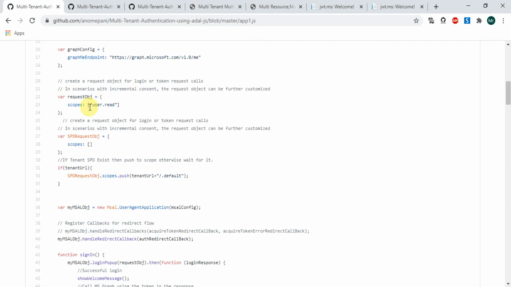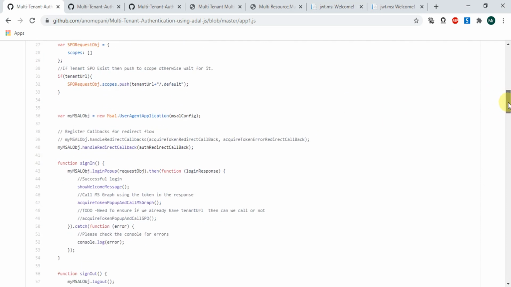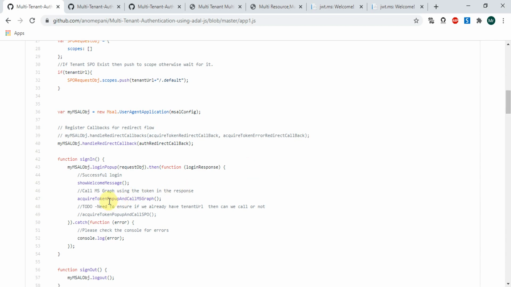We are using the user.read scope, minimal, and if we have to get the data using MSAL, we configure it in MSAL. For ADAL.js, we are using the auth context over here. We are passing the MSAL config. Then this will be the same, but the callback will be different. When we click on the sign in button, it will go to the Microsoft login pop-up, and if it gets a token, then it will go to this one.